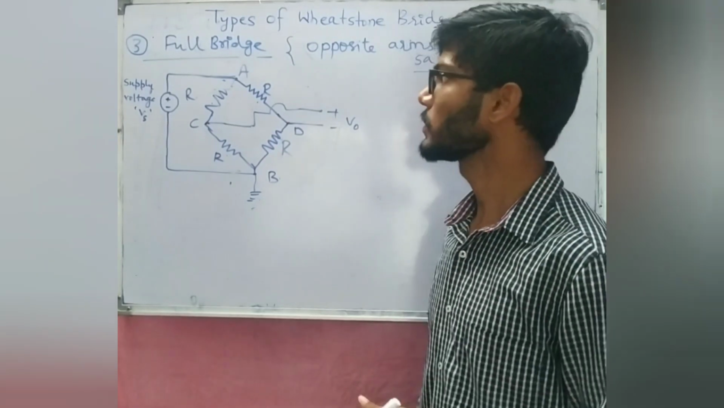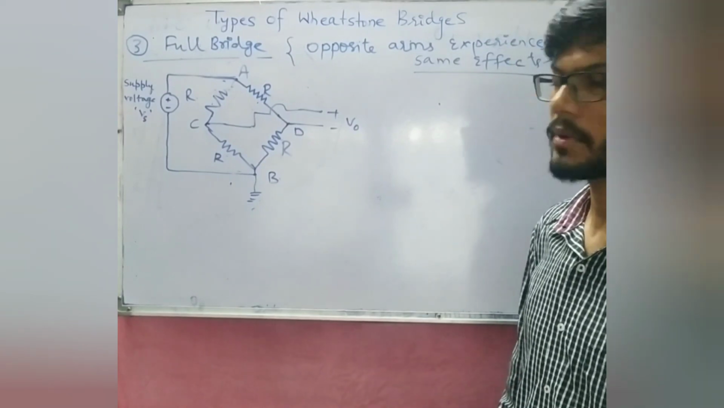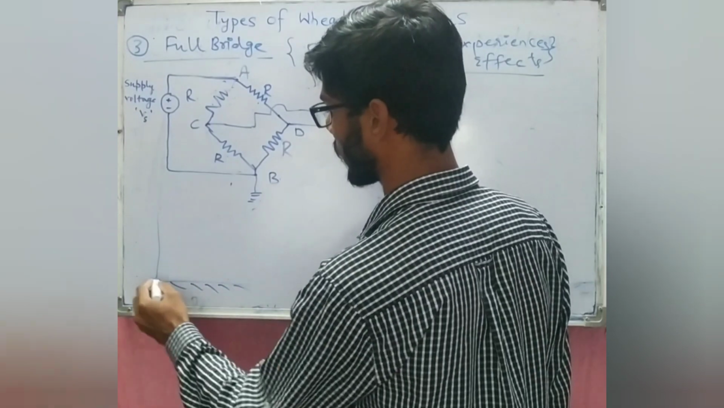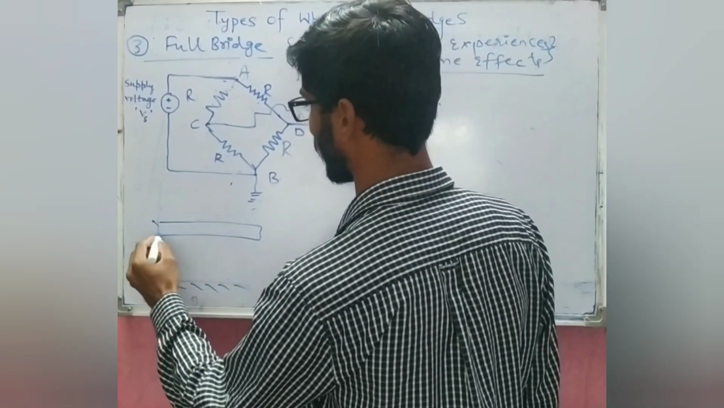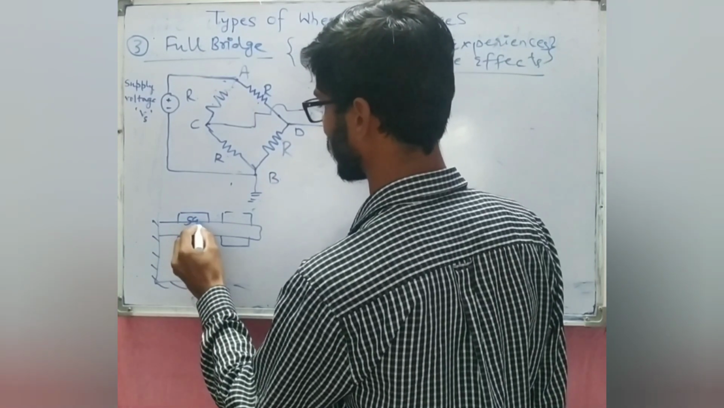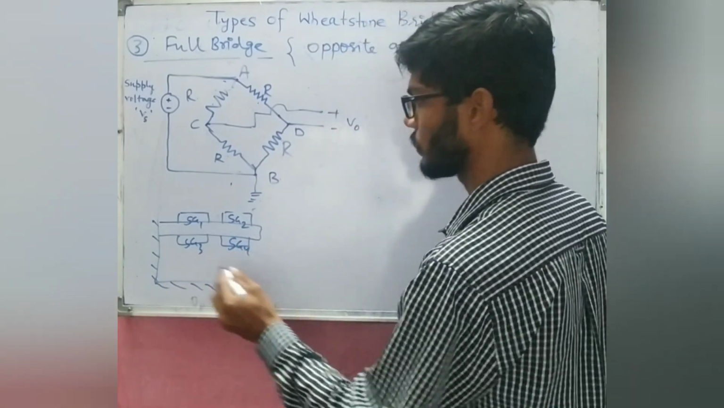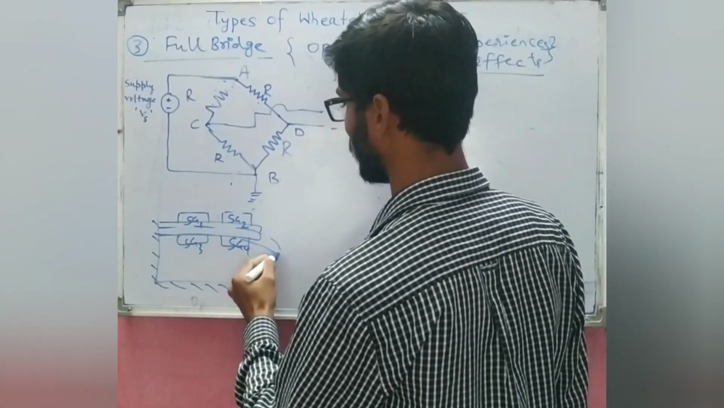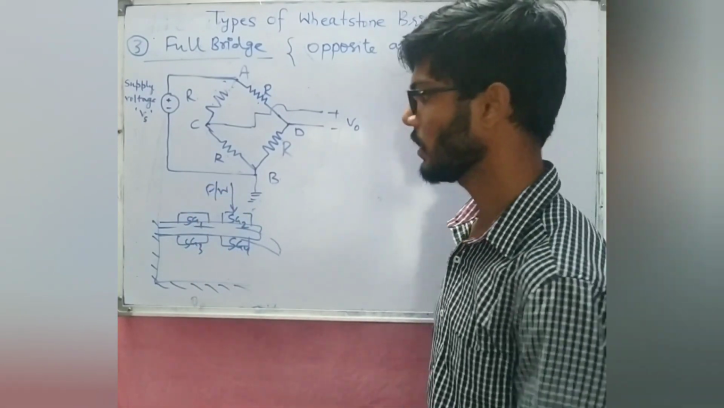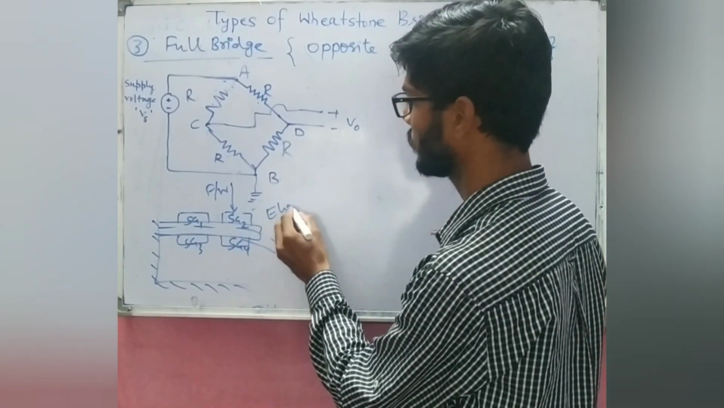In the full bridge configuration, the set of two opposite arms are going to experience the same effect. Let's take the same example again, that we have one cantilever beam, and there are bonded 4 strain gauges now instead of only 2. Strain gauge 1, 2, 3 and 4. So again, if we apply any force on it from the top of it, it is going to produce some deflection, and now strain gauge 1 and strain gauge 2 are going to feel the elongation,